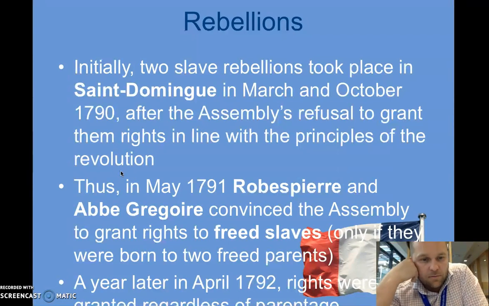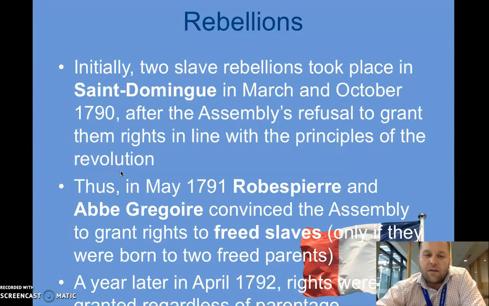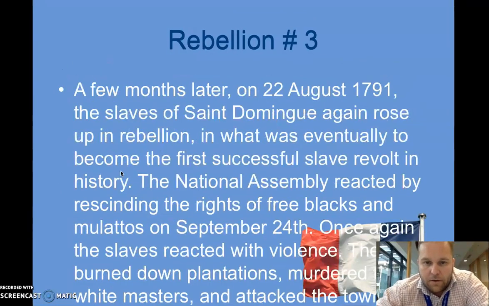What are the ramifications? By 1791, we have Robespierre, who does convince the Assembly to grant rights to freed slaves, but he does this only if they were born to 2 freed parents. And a year later, in April, okay, so a little under a year later, we see that these rights are universal regardless of parentage. A few months after this, we have our 3rd rebellion, okay, so prior to all rights